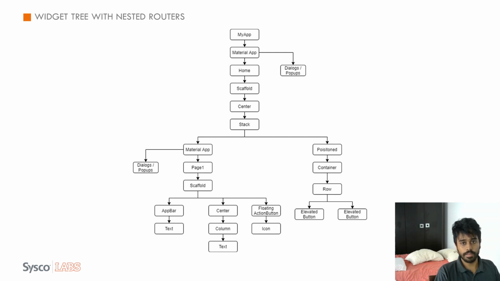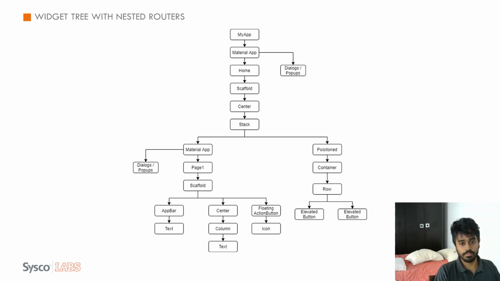Then the material application, where we bootstrap our whole Flutter application, and then we have the home page, and again a scaffold widget, and in the center we have a stack widget. I have used the stack widget to position my bottom navigation bar on top of the other page, right? You need your bottom navigation bar always visible, and when you press some buttons in the bottom navigation bar, you need to change the body without overlaying anything on top of the bottom navigation bar.